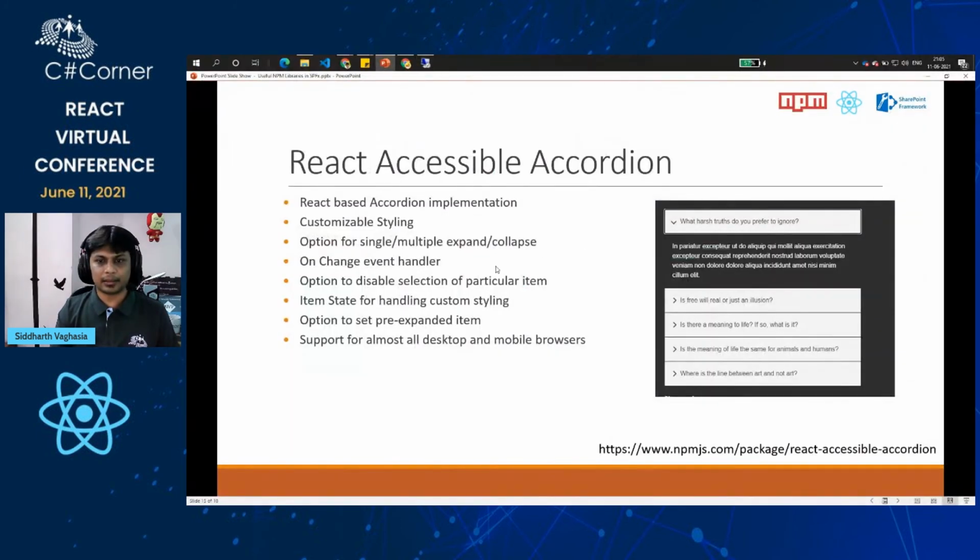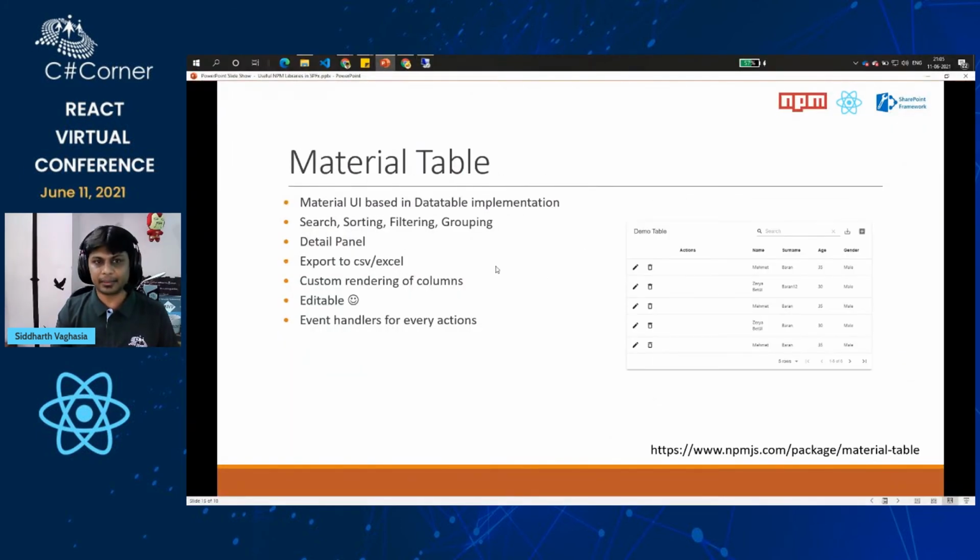Moving ahead, next, material table. Okay, again a very useful one. Like for example, we have seen in the last session that Swami was using a tabular kind of format to display the books, right? And this is pretty much a requirement for every other project you develop which gets data from the database, displays it, and performs the CRUD operations, right?